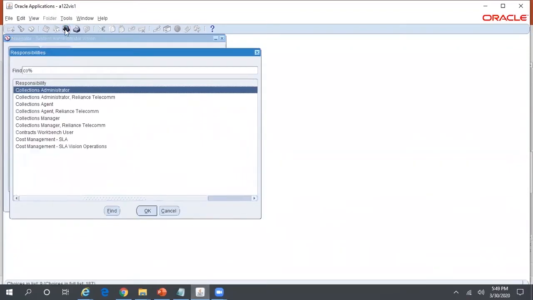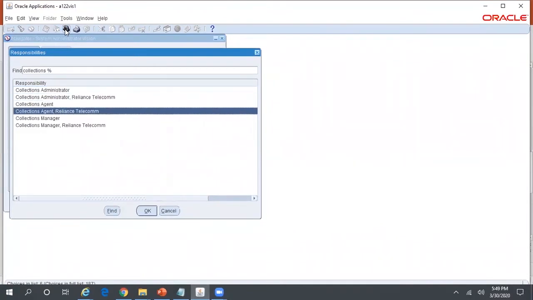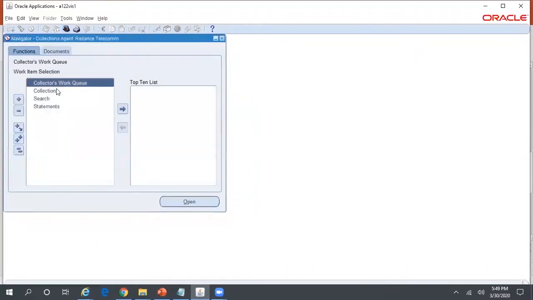You can access collections workbench from the collections agent responsibility. So here I'm logging into the collections agent Reliance Telecom responsibility. Reliance Telecom is my operating unit. So this is where you access the collections workbench.